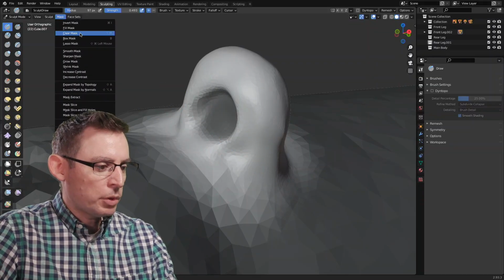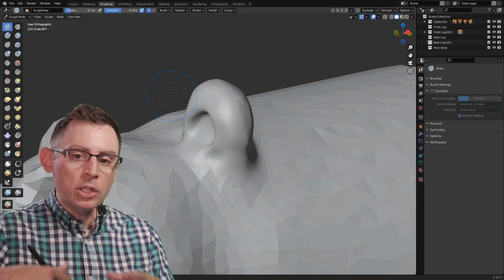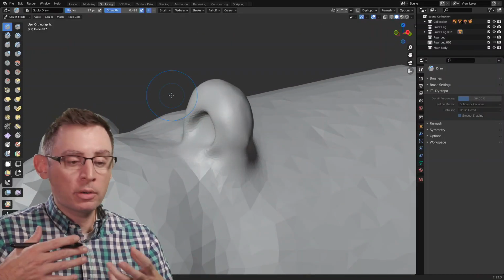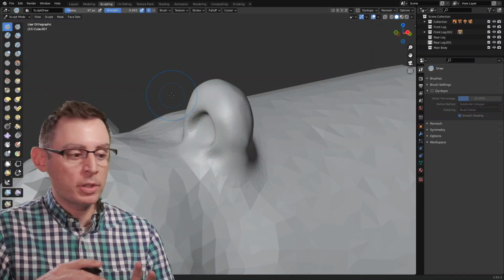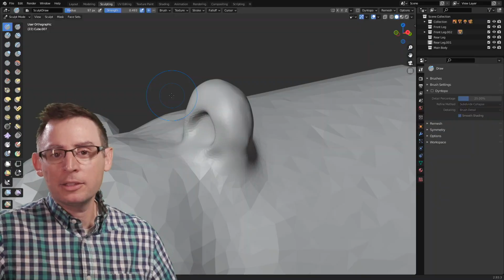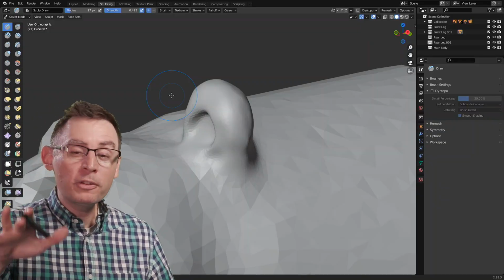The masking tools are more than just interactively turning things on and off. We can use the masking tools to help us make the shapes and the forms on the sculpture itself. So use the masking system. It's a great addition to our sculpting workflow that's going to make you a more efficient sculptor.